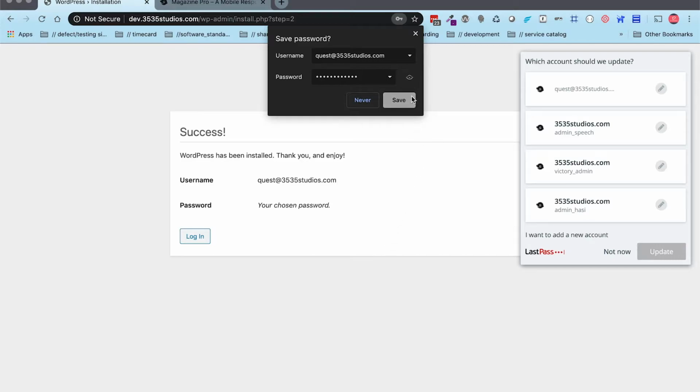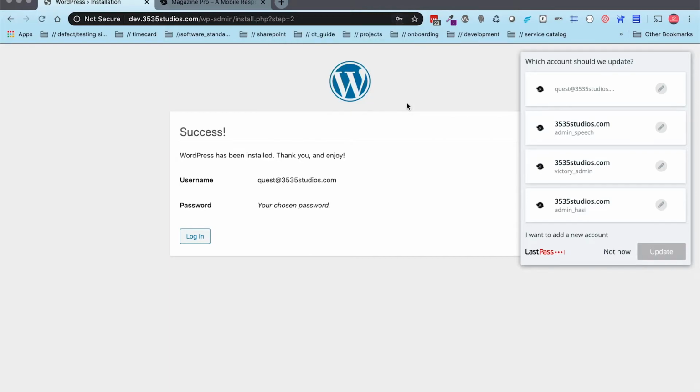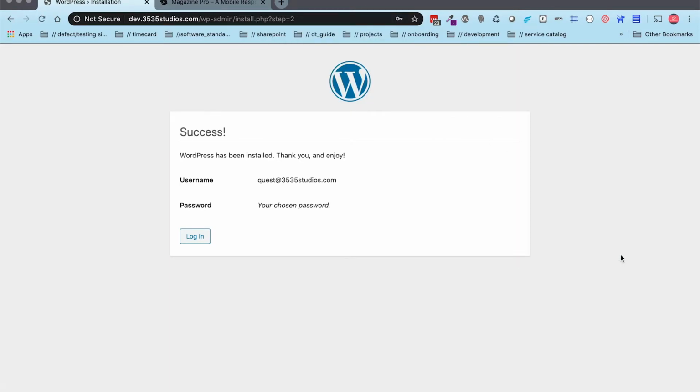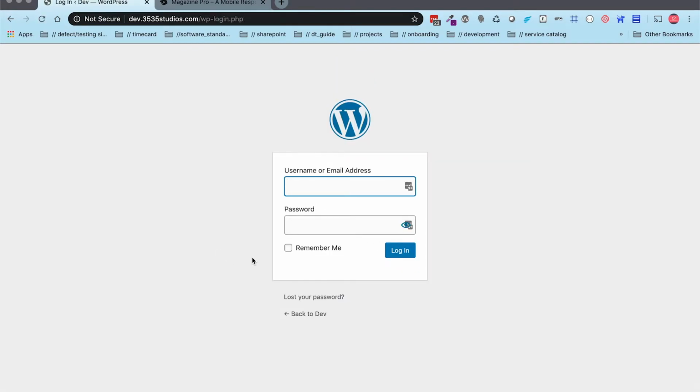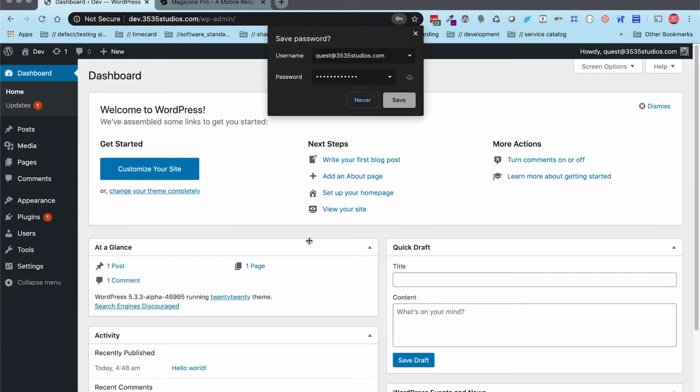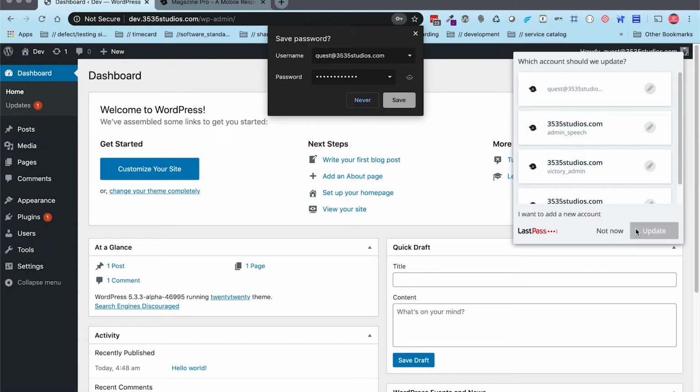All right, so here we go. It's done. The install here is successful, and I'll use LastPass here to keep up with all my passwords. And we'll go ahead and log in. So I know my username and password, and we're logging in. All right, so there we go,